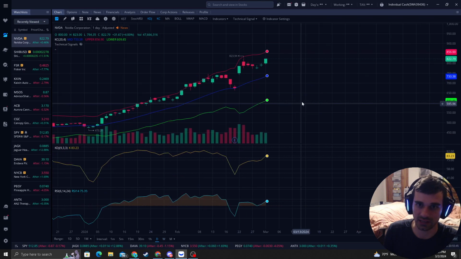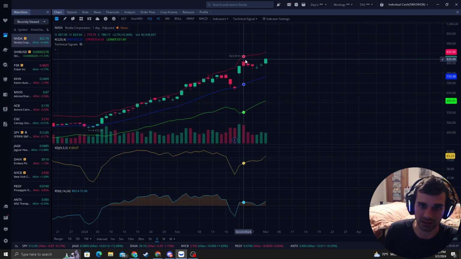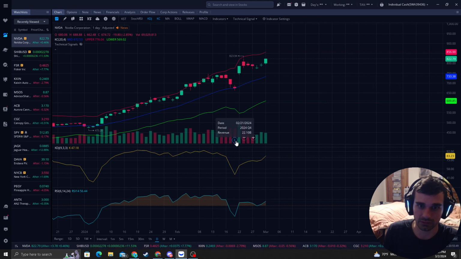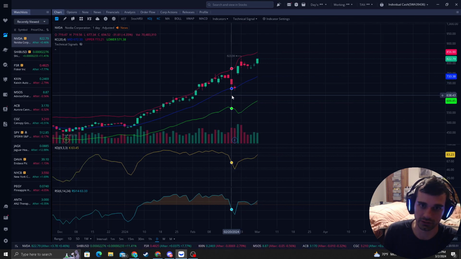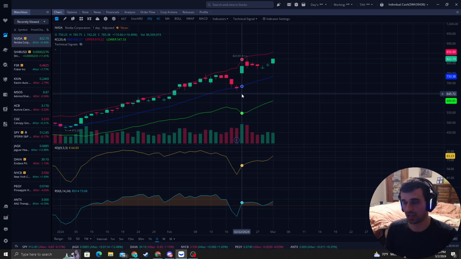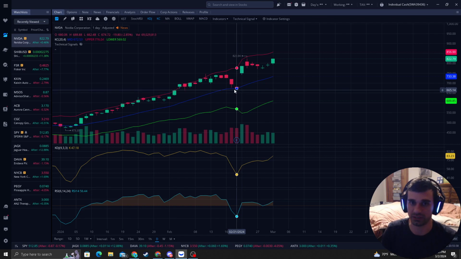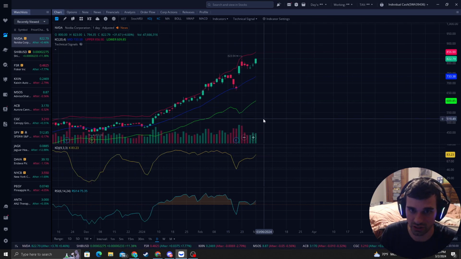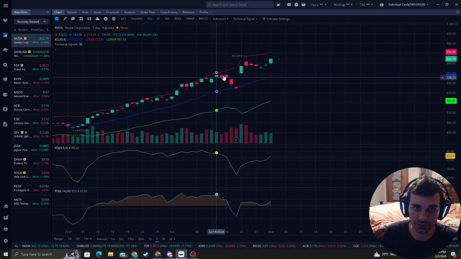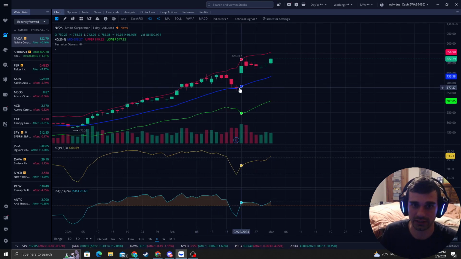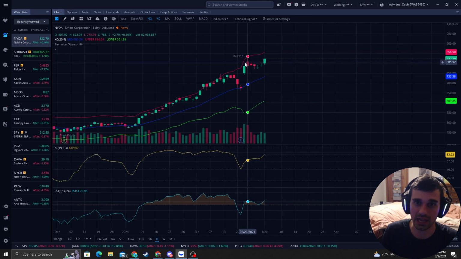But obviously, yes, it did recover, hit the blue band, and then it shot back up because of the earnings. You never hold a stock during earnings. If you do, you are purely gambling, because no one knows what the earnings could do. It could have shot way down, or it could have shot right up. So I took the nice gain right in here, and then waited for the play again,